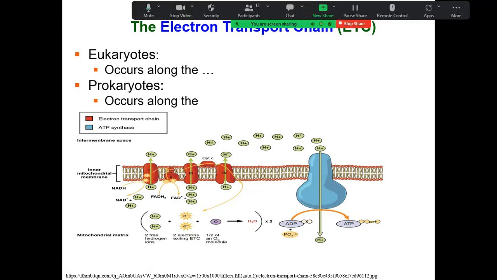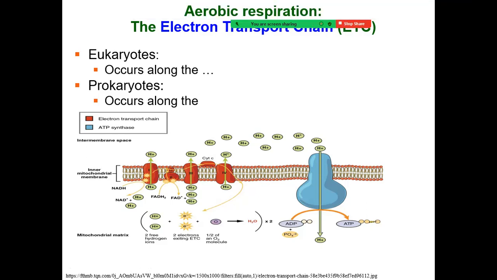Any question about any of that? And then where that electron ends up in aerobic respiration, when it leaves the last protein here, the electron actually flows to oxygen. Oxygen and 2 electrons and 2 hydrogen ions get together to form water. Any questions about that?